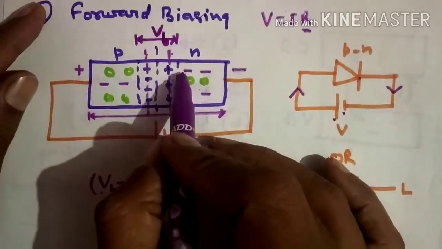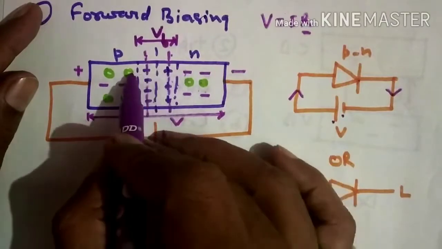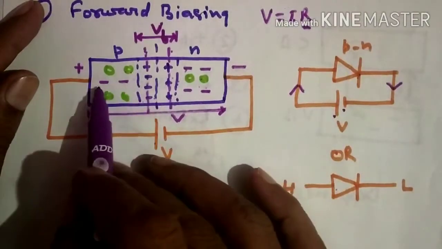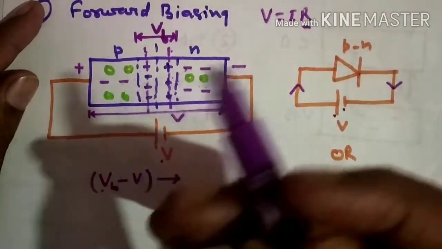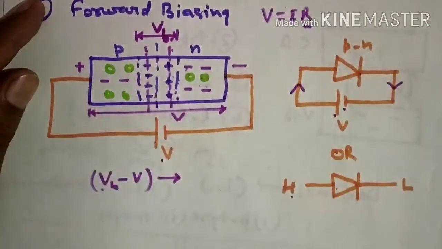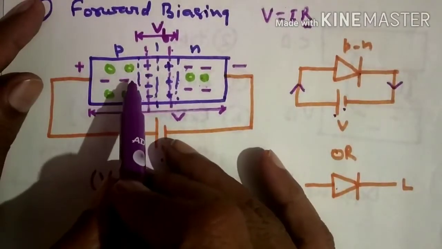So due to the crossing of the junction by the current carriers, the current across the diode once again starts,